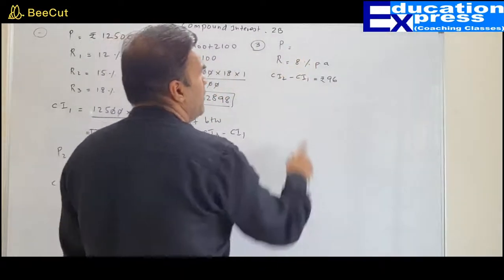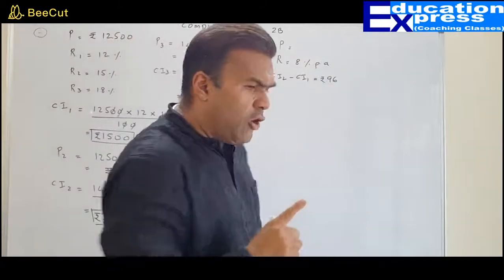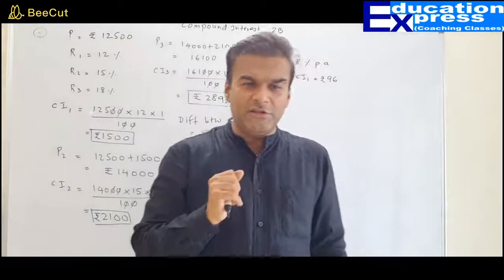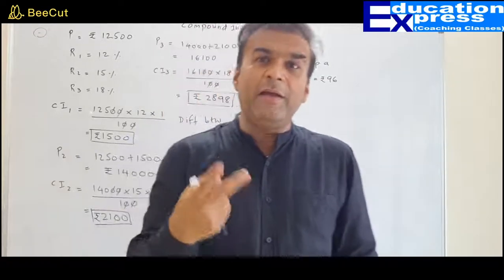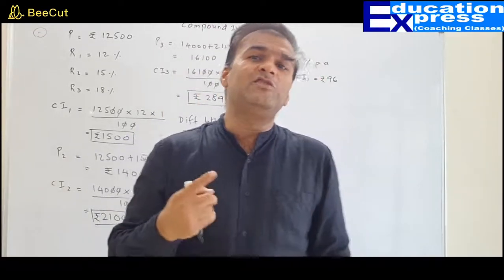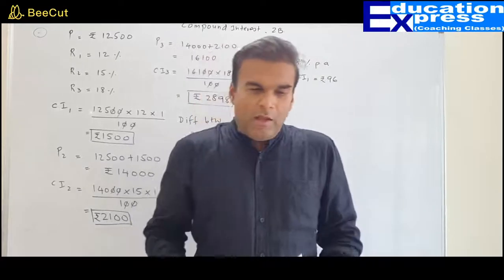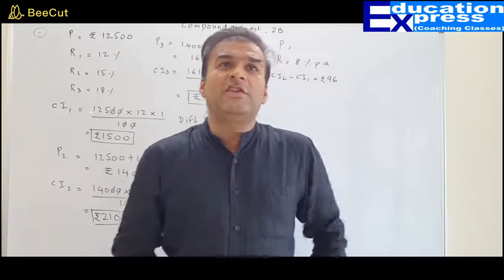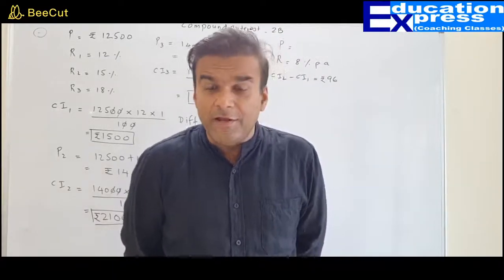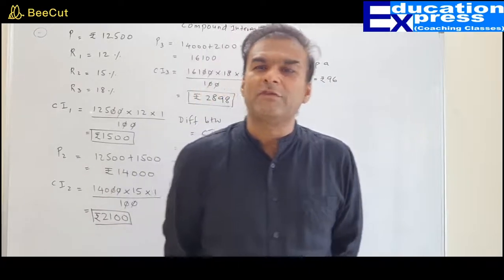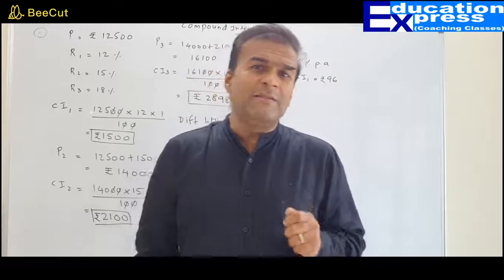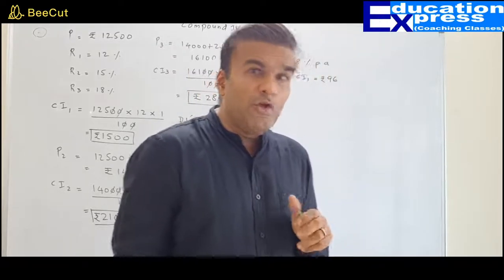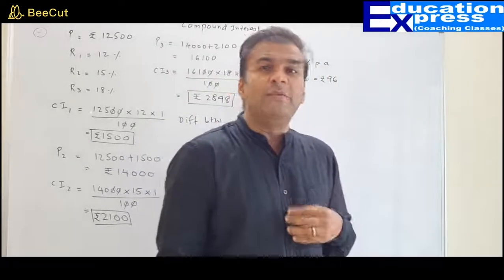So we'll have to find out how much is the compound interest for first year, then the compound interest for the second year. Compare between the two, the difference is rupees 96. My dear friends, I can share with you one simple hint what you need to do in such types of sums. Generally, by and large, when the principal is not given, you have an option to assume the principal.